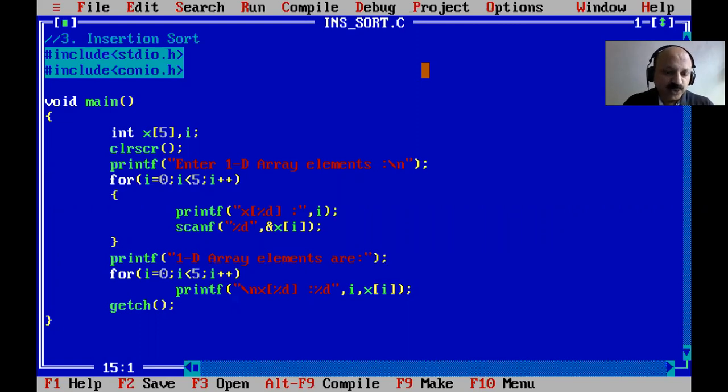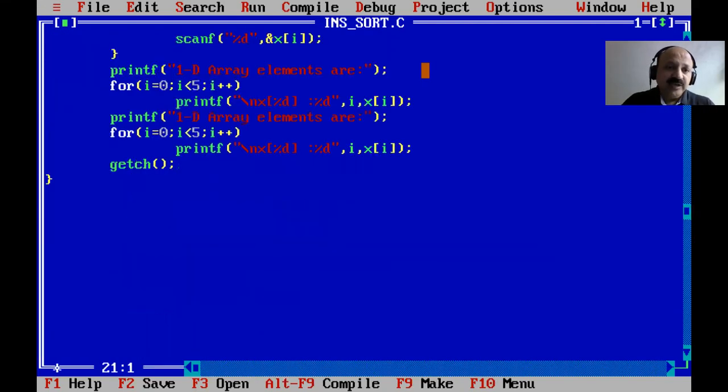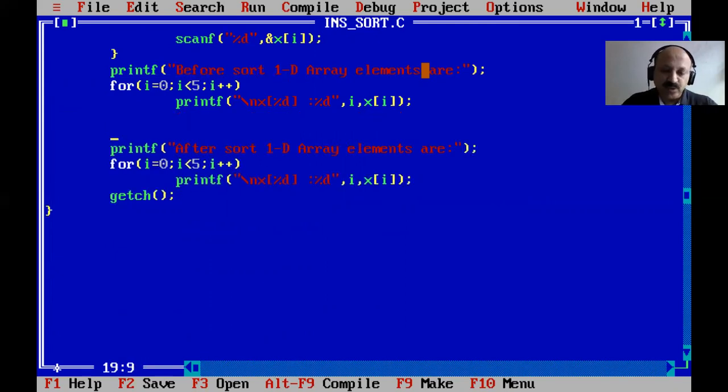And now what to do? So we can apply our logic. So yes, I copy this part again. So we can print two times, before and after. Yes, you can also do it only one time. So we can say, before sorting, just the 1D array, before sorting. So "before sort 1D array element are", and then here give the message afterward. So yes, "after sorting, or sort, 1D array element are", and then in between we apply our logic.